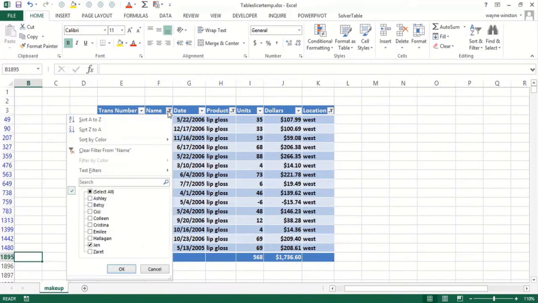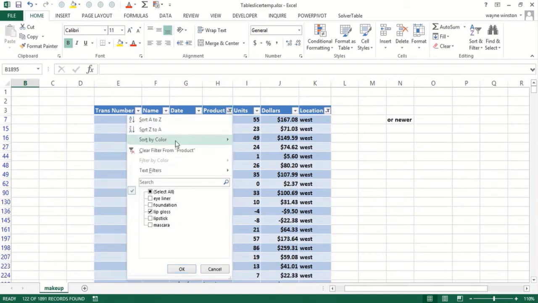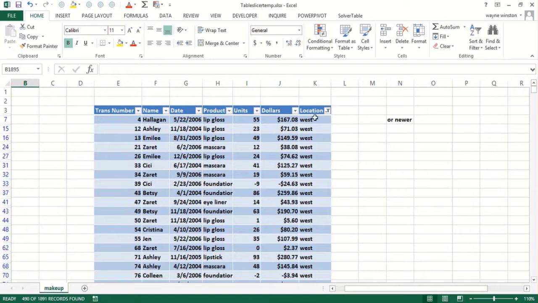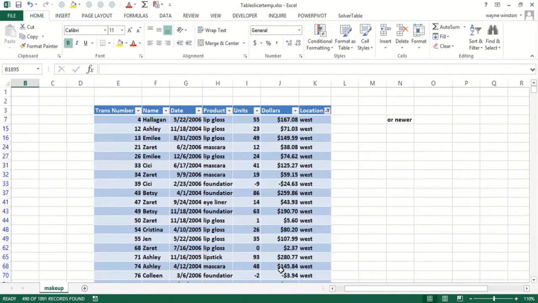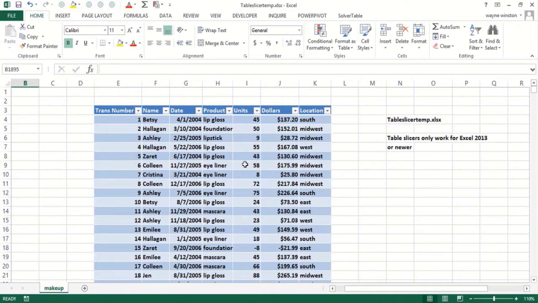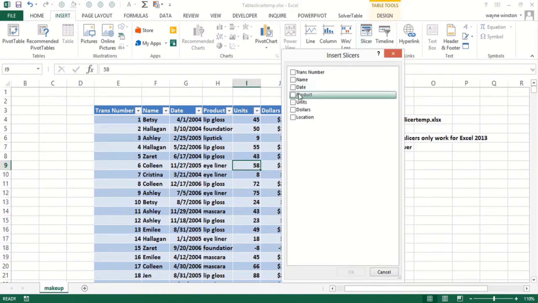So I can click on select all, and then I can show you how slicers work. Select all. Okay, so we're back to normal here. Now if I go inside here and go to Insert, and we go to Slicer here, I can pick